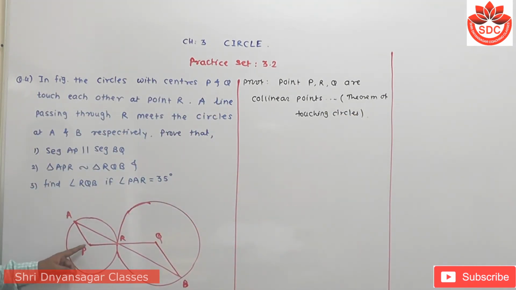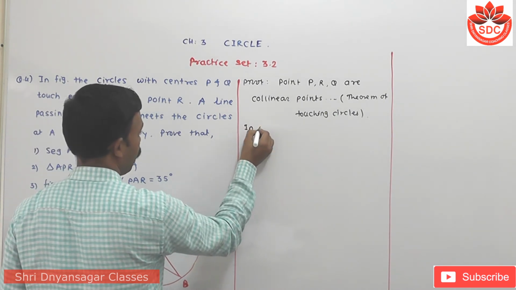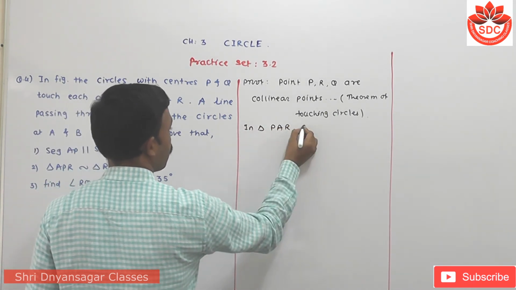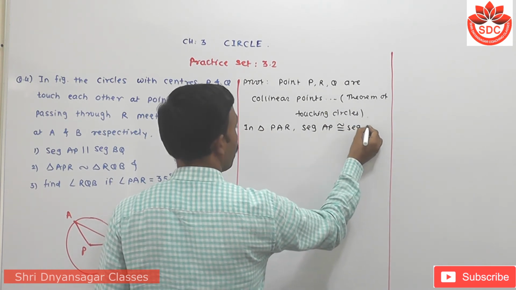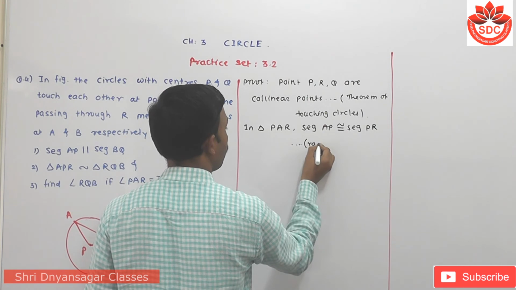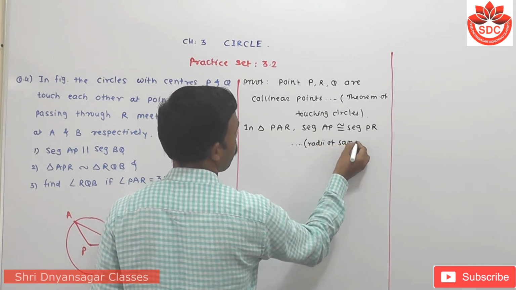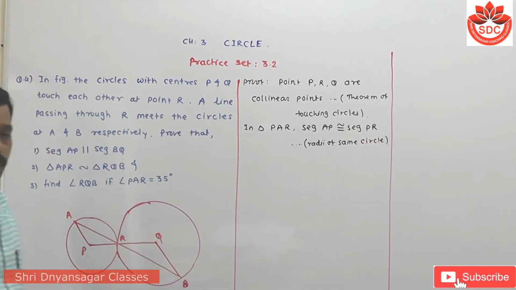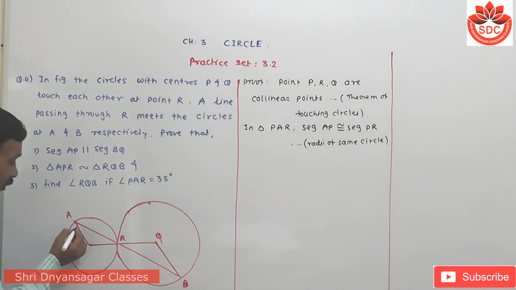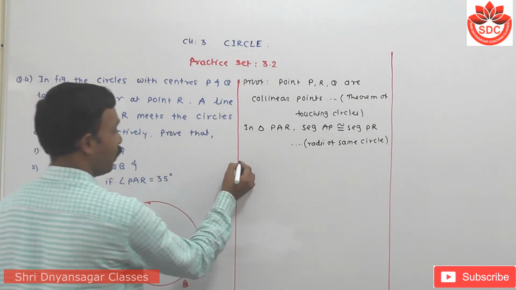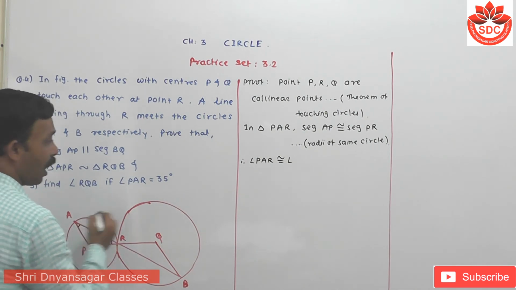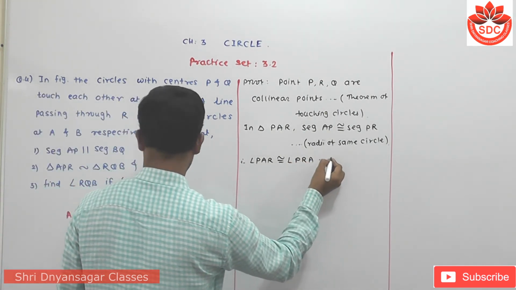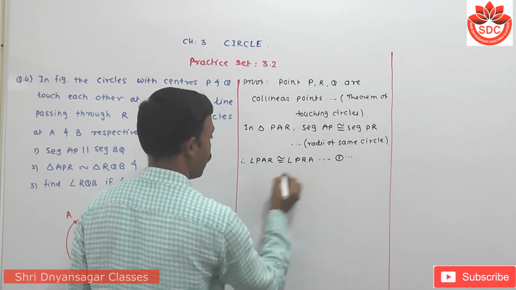Now here in triangle PAR, these segments are equal. In triangle PAR, segment AP is congruent with segment PR because radii of same circle. They are congruent, which means that by using the isosceles triangle theorem, these two angles are also equal. Therefore angle PAR is congruent with angle PRA. Suppose this is equation number first, and the reason is that by using